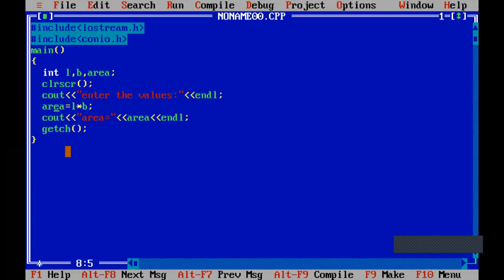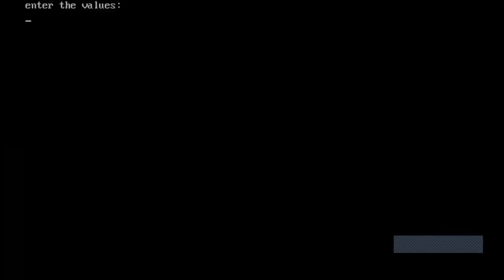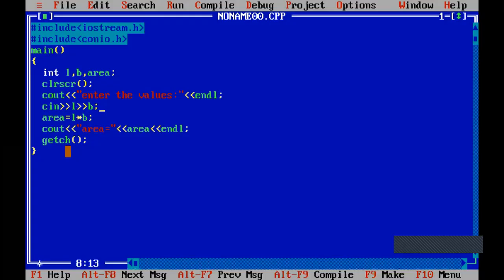Because I have not taken the cin statement here. So this is how the program executes. And I hope all the concepts of the first chapter that I have taught are clear. Next we'll be starting another chapter called data types, which I'll be continuing tomorrow. Okay, thank you.